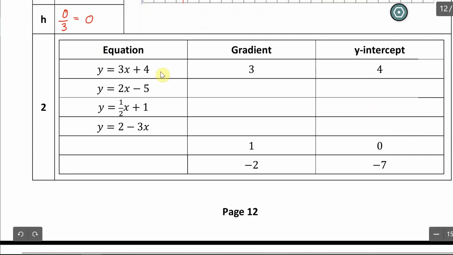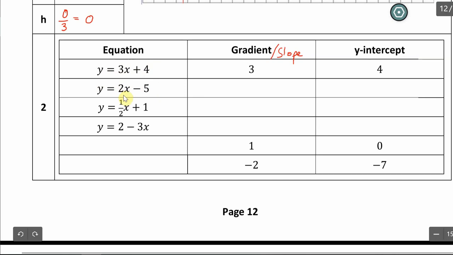This exercise is just about looking at an equation and spotting the gradient or the slope. I'll just put slope there as well. And the y-intercept just from the equation. So you can see here the gradient or the slope is the number in front of x. It's the number in front of x, or the coefficient of x if you want to be really fancy. The y-intercept is the number that's on its own. And we should include the sign in front of that number as well, unless it's just positive, and then we don't need to put +4. We can just put